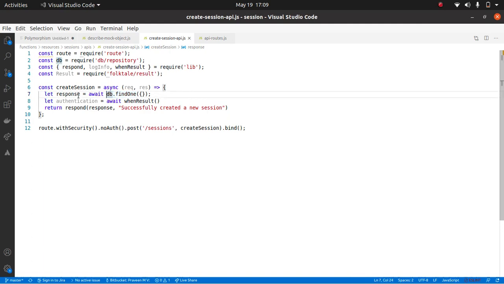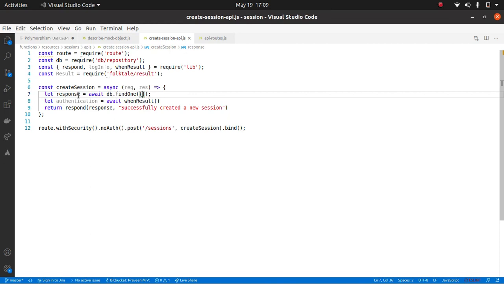So the first thing is, whatever object it is getting, it will pass to that particular function, find one, and there are two things it is doing. If not error, then it will send a response. Otherwise, it will catch the error and send a response accordingly. Yeah, I remember now. One result was to avoid that try catch, I guess. Correct. Yeah.